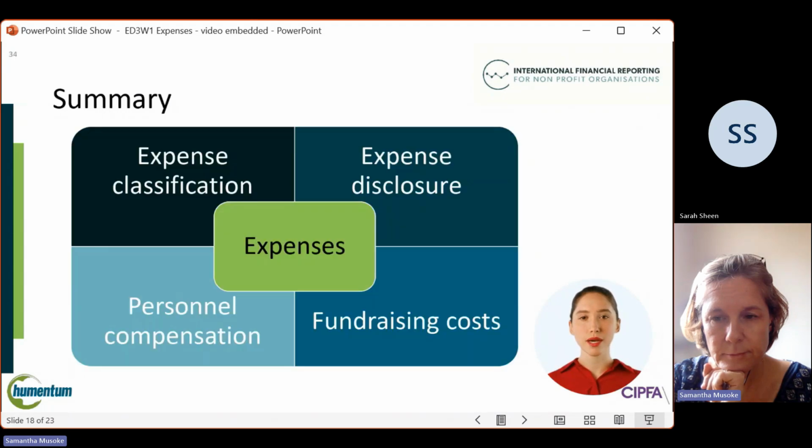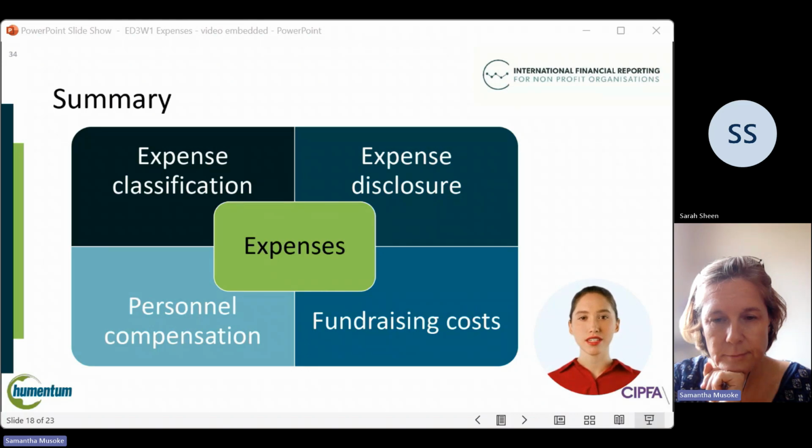This video has explained the INPAG proposals for the reporting of expenses in Exposure Draft 3, including fundraising costs. Expenses analysis is to be presented using a classification based on the nature of expenses, unless this would not provide the most relevant or reliable information. In these instances, NPOs may use an analysis using the function of expenses or a mixed presentation. INPAG provides guidance on the allocation and aggregation of costs through attribution to direct, shared, and support costs. This ensures that the accounts include a relevant and faithful representation of the costs of activity.